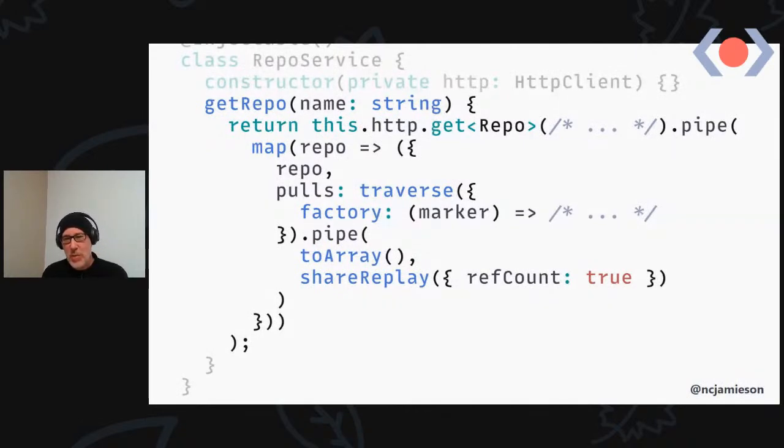So the refCount to shareReplay means that if the refCount drops to 0 and the source hasn't completed, it drops the subject and it'll restart next time someone connects. But if the source completes, as far as shareReplay is concerned, that's it. So it will keep those results, it'll keep those pull requests for that repo forever, or until that observable is discarded and a new one is obtained.